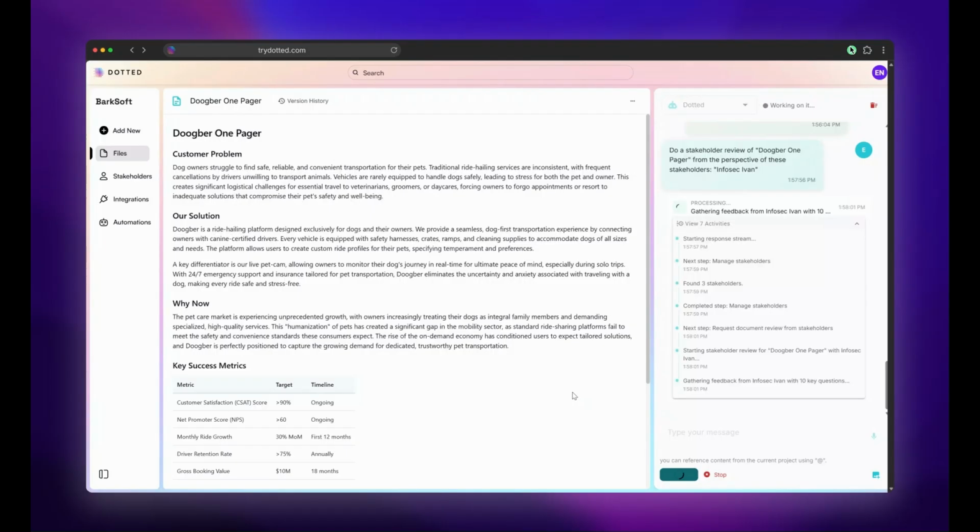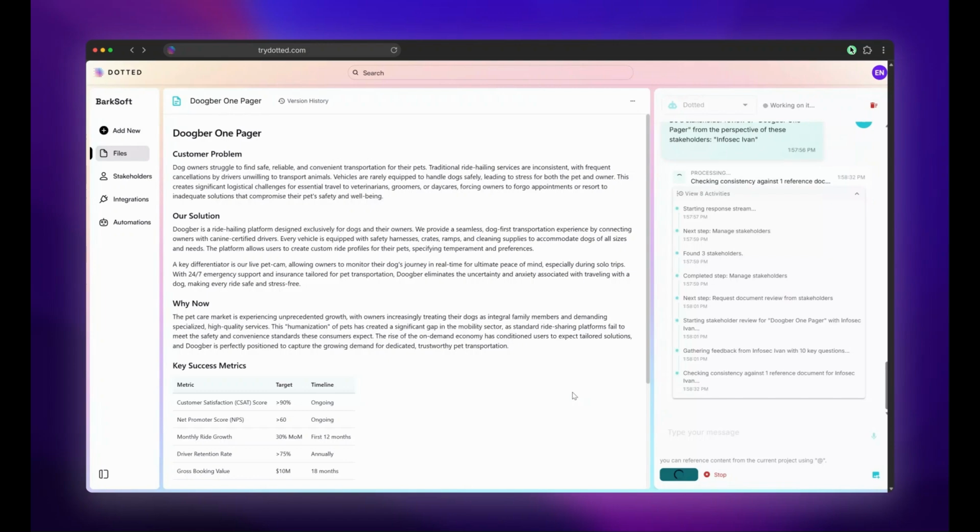But as with anything that you do with AI, we strongly recommend that you double check the work that comes out of Dotted. And this is really a great way to think about working with Dotted. You can think about Dotted as like a person who works for you, maybe an intern, maybe somebody just a little bit less expert than you. If you had a person who was working for you doing some of this work, you would definitely trust them to go and give you a draft, but you would probably check what they did before you sent it on to your boss or something like that.